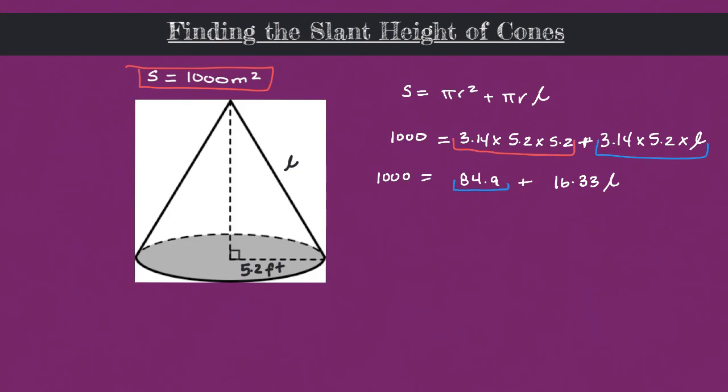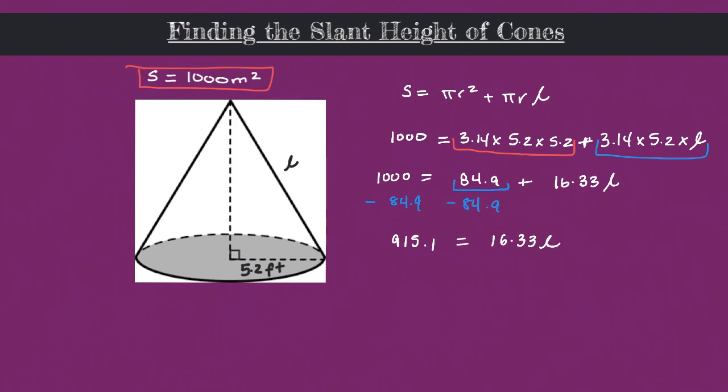We're going to do that by subtracting, or opposite operations, subtracting that value that we're trying to get rid of on both sides because it is plus or positive 84.9. When we subtract 84.9 from 1,000, we end up with 915.1 is equal to